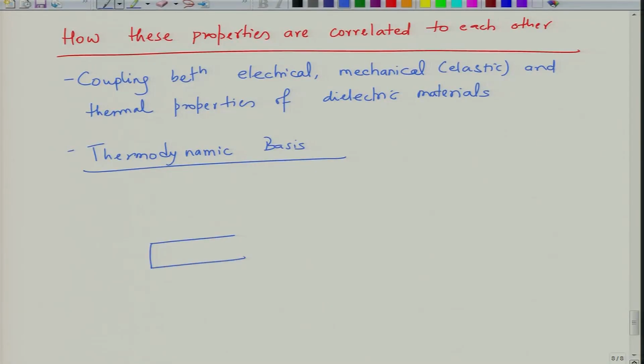It is important, because these properties are correlated to each other, that we evolve formalisms so that they help us understand how experimental determination has to be done. For example, when you make a piezoelectric measurement on a free material, free means it is ready to expand and contract in other directions freely. There is no external constraint on it.